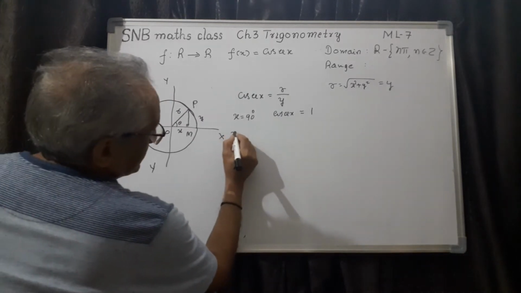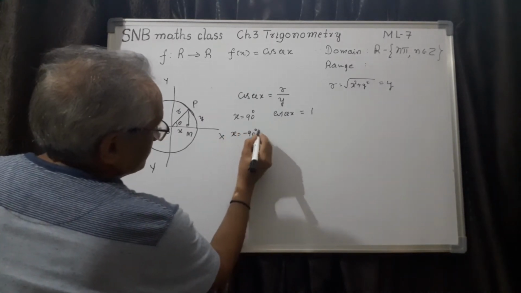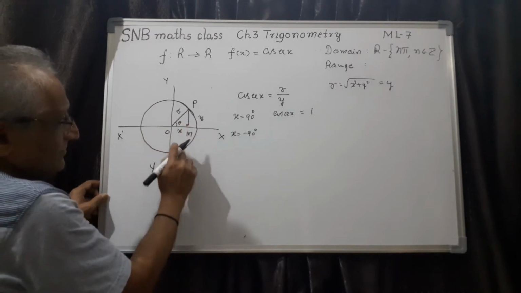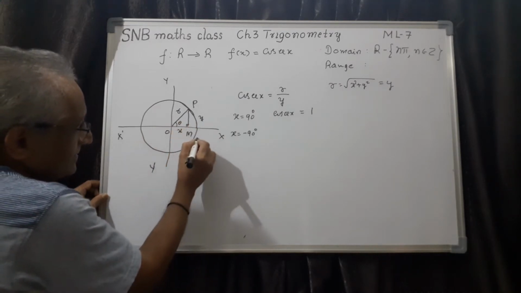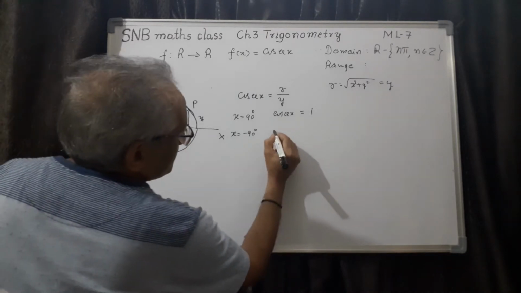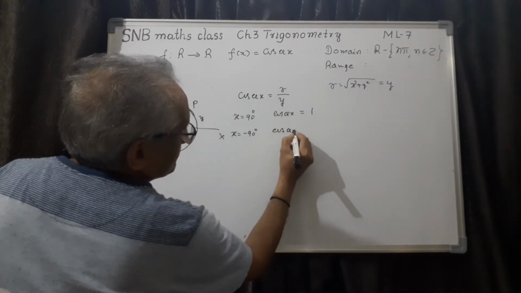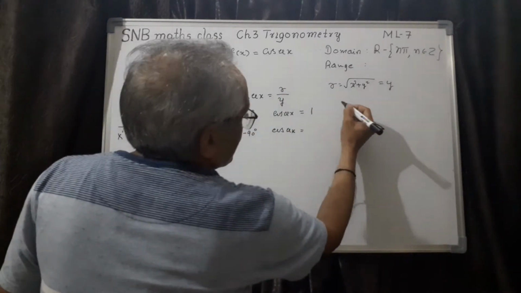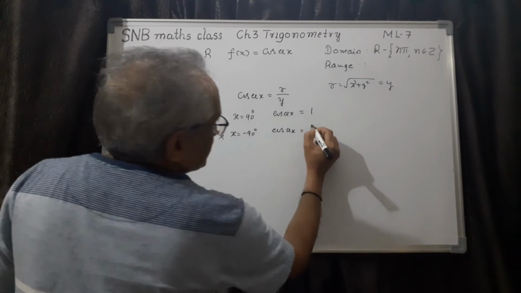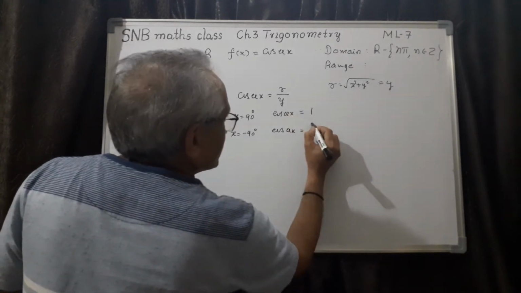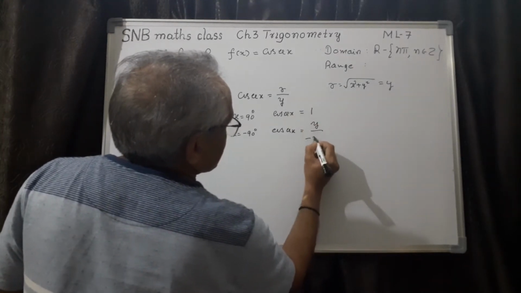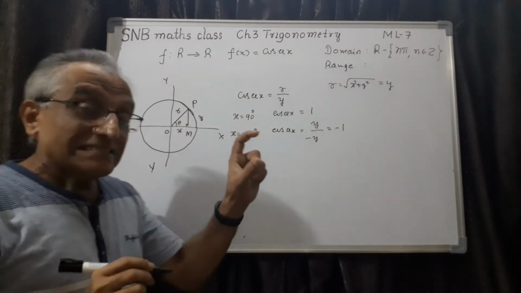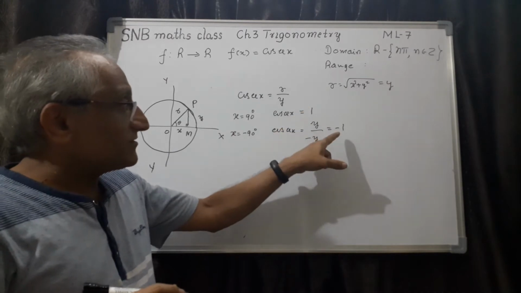Same way, if you take x equal to minus 90, that means when it comes to this side, y becomes negative. You see, if you draw the triangle here, this is y, so y is negative. So cosecant x will be equal to r by y. For example, you can take r equal to 10, so 10 by minus 10. This is r only, or you can take this as y and this is minus 5. So this becomes minus 1. So what are the two extreme points? One is 1, another one is minus 1.